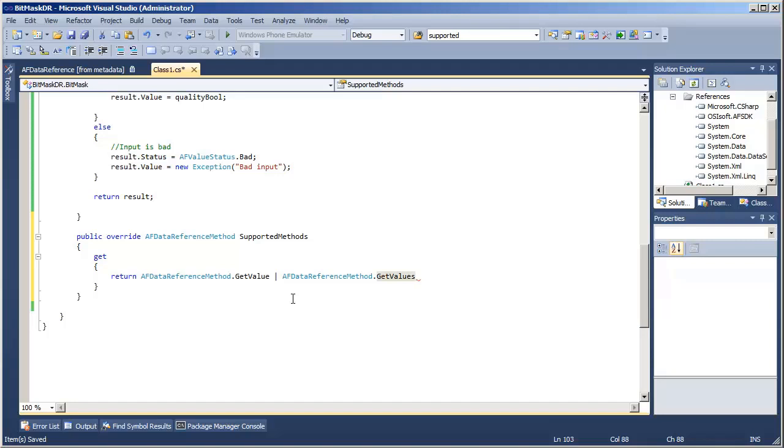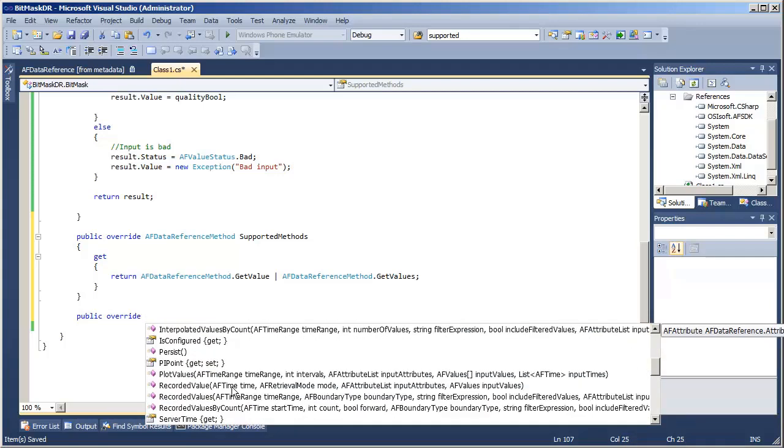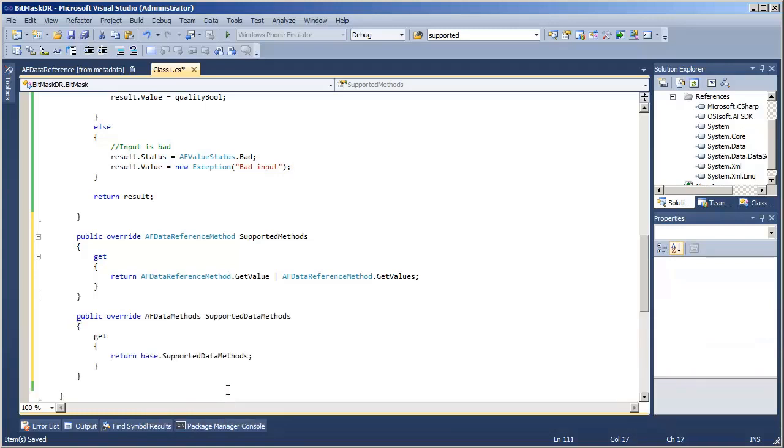We'll talk about some of these other options later. We're going to come back to that. But for now, this is good. We support getValue and getValues. And as far as the rich data methods go, there's another enum of supported data methods.